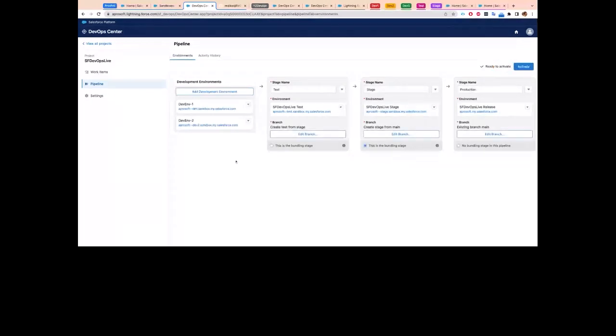So to set up the pipeline, we are all done. Suppose we have two different teams. One will be using the dev one sandbox, another one will be using the dev two sandbox. Then after modifying or doing changes, they will be deploying those changes to this stage, which is actually the test org. In here all of the users or developers will do some unit testing in this org. So after all of those tests are done, then they will be moving those changes to the stage org,